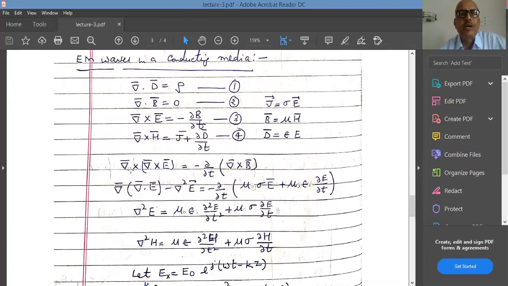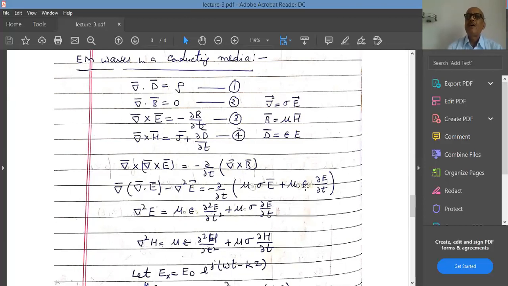You take the curl, so curl of curl of E will give us gradient of divergence of E minus del square E. And on this side, we will have mu 0 because we have B here. So we have mu 0 into sigma into E. Here I have removed this 0 because I am assuming as if my medium has some relative permeability, that means some dielectric constant. So in place of mu 0, I am using mu. In place of epsilon 0, I am using epsilon.